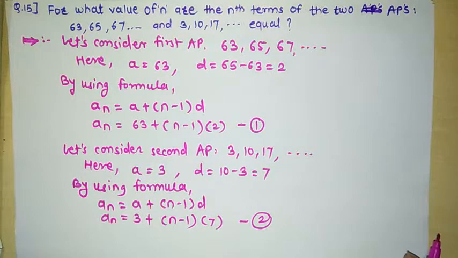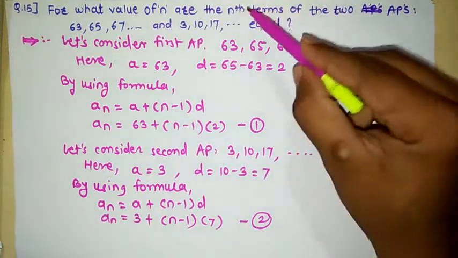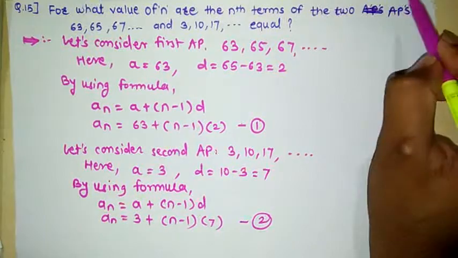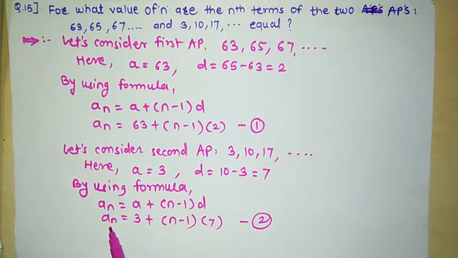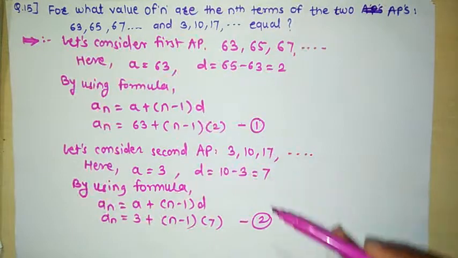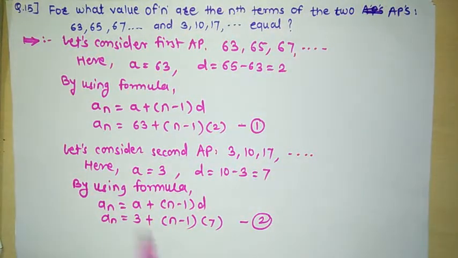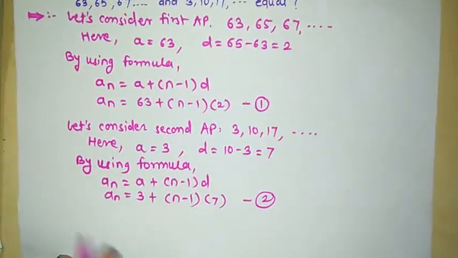Now read the question. What is given here? For what value of n are the nth terms of the two APs equal? Nth terms are equal. ये दोनों equal होना चाहिए, ऐसा n का वैल्यू फाइंड करना है. That is, this a n is equal to this a n. That is, equation 1 is equal to equation 2. According to given condition,